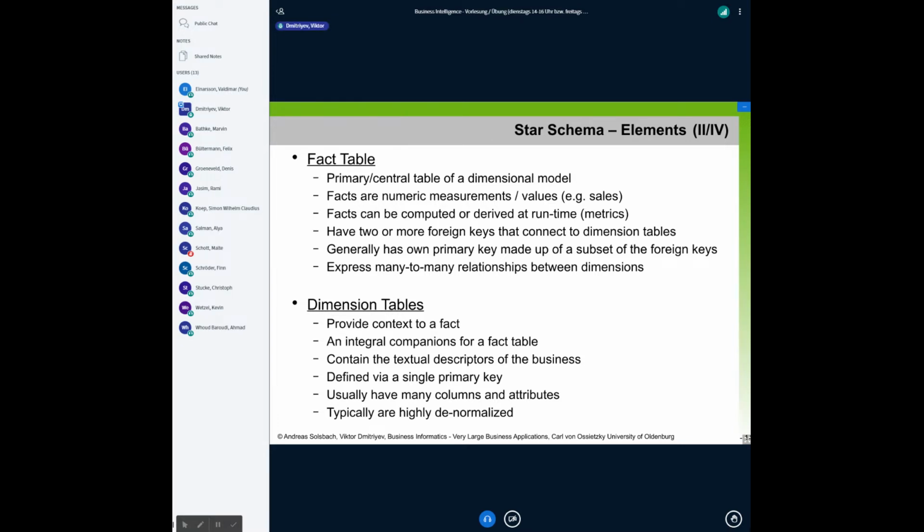Dimension tables, already mentioned, provide context to the fact. It's like they cannot live without each other. A dimension table is nothing without the fact table, and the fact table is nothing without the dimension table. It usually contains the textual description of the business process. For instance,